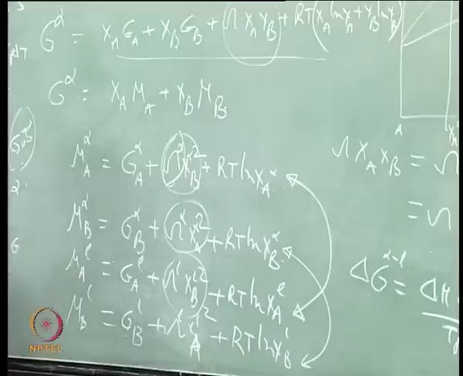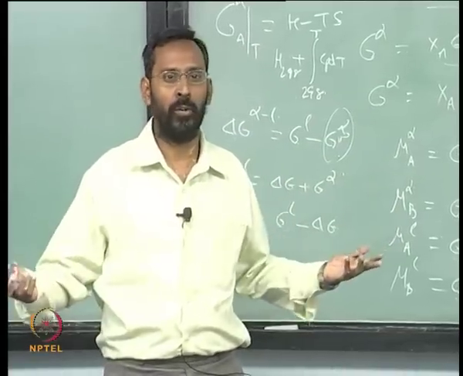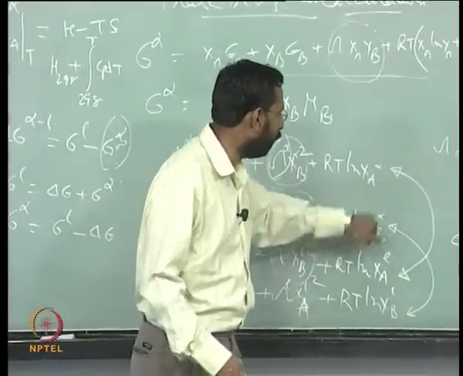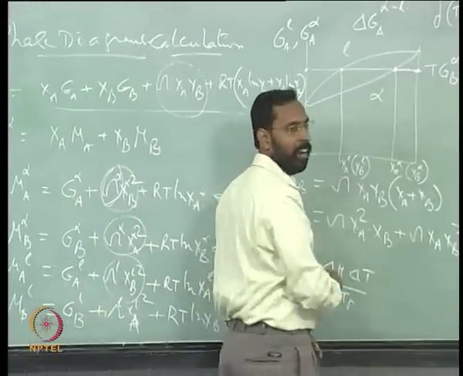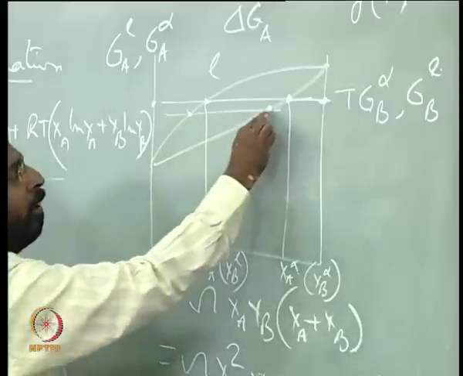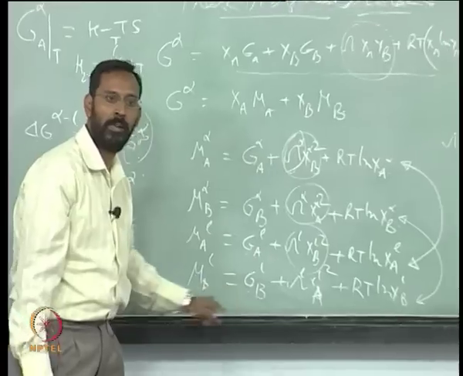plug in those things and easily calculate, and write a program that at each temperature keeps calculating these two, equates those two, solves the two equations and then finds out this. So that means at that temperature I am able to find out this and this, and now I change the temperature and ask it to calculate again, because one more important thing is, when I change the temperature, what changes? Cp changes, that means these values will change.